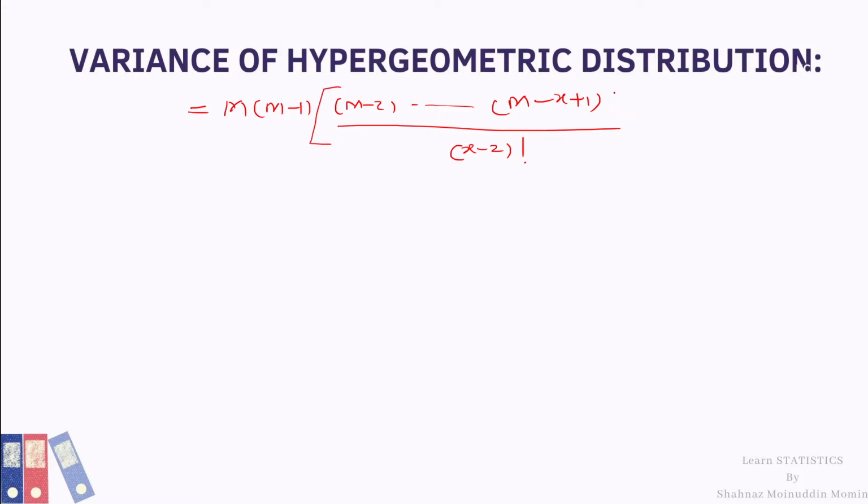I will take this one as m into m minus 1 multiplied by m minus 2 C x minus 2. Substituting this value in the expectation, we get